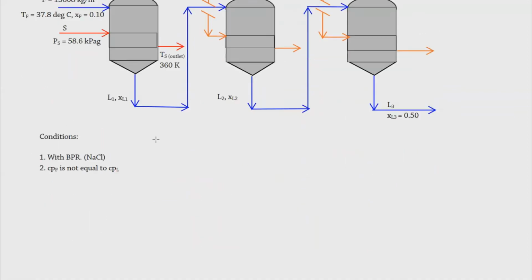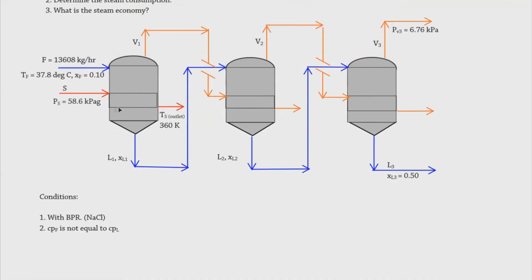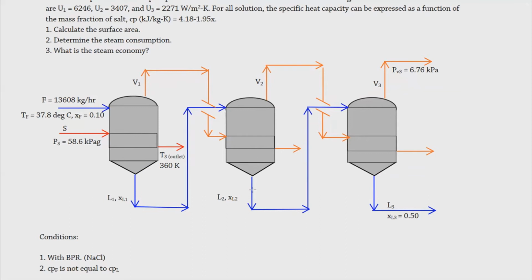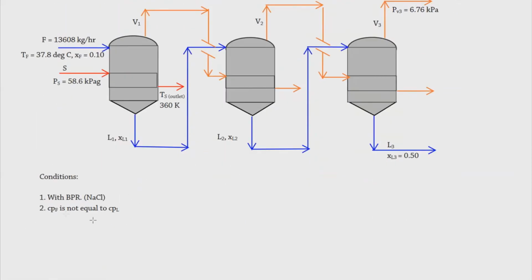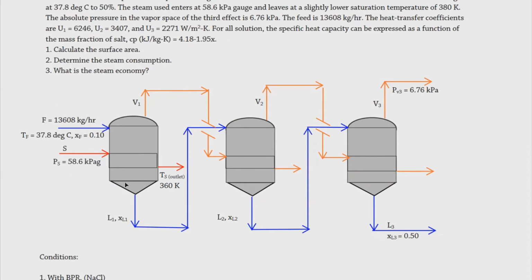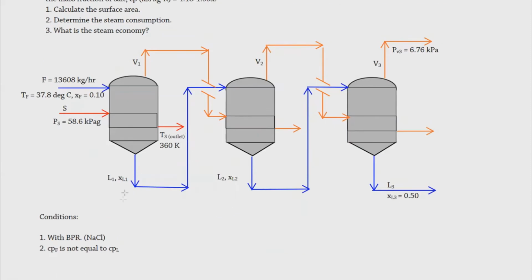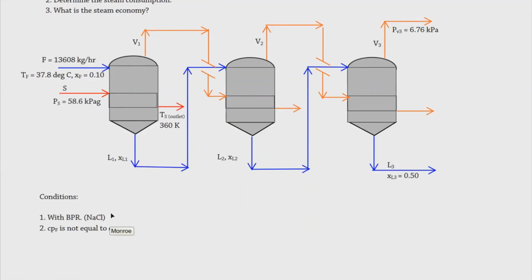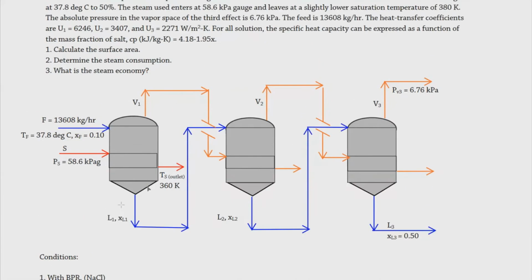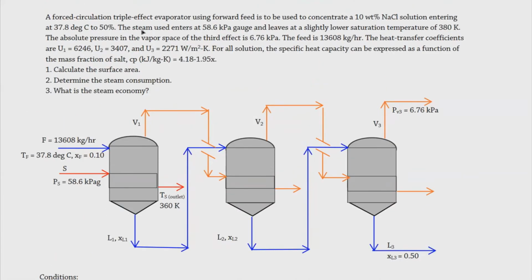And as you can see here, yung feed natin, meron siyang certain mass fraction. Yung liquor din dito napapasok. Lalabas. And then, papasok sa second effect, meron din yung mass fraction. Meron din siya dito. So, basically, hindi siya equal. Okay. So, yun muna. And then, dun sa ating second sentence, the steam used enters at 58.6 kilopascal gauge and